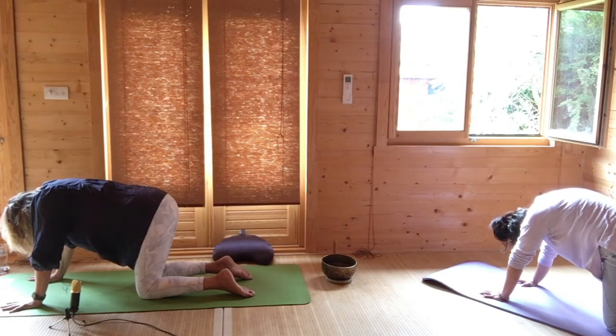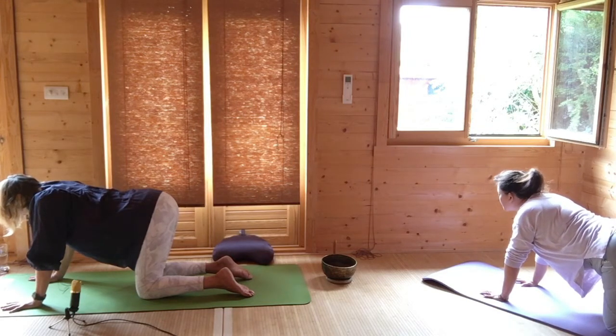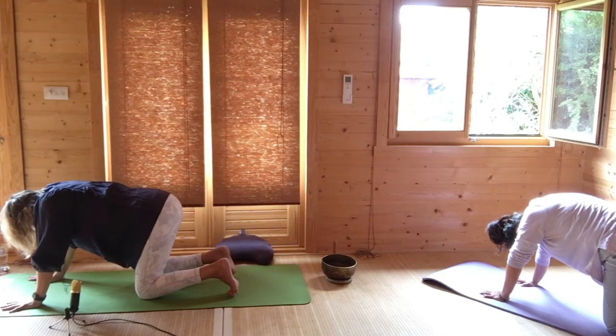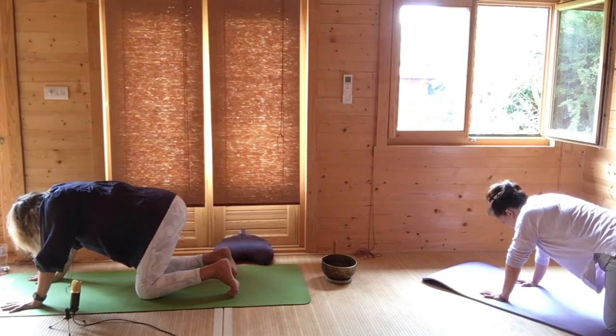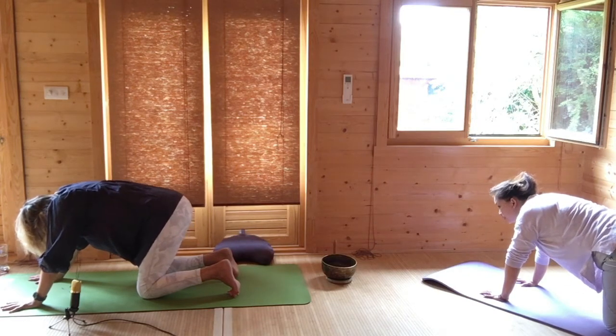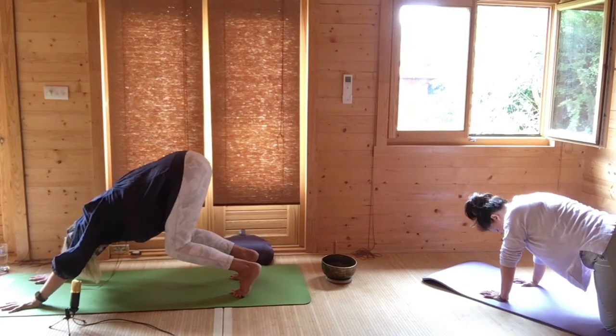Breathing in, dip your back. And breathing out round, chin to chest, as you begin to tuck your toes underneath you. Engage your lower abdomen or your tummy towards your spine and bring your weight slightly away from your knees, either lifting both knees together or one and then the other to come into a very soft dog, lengthening your spine